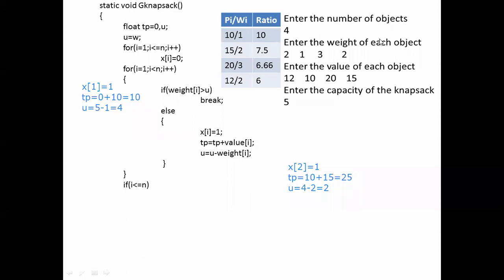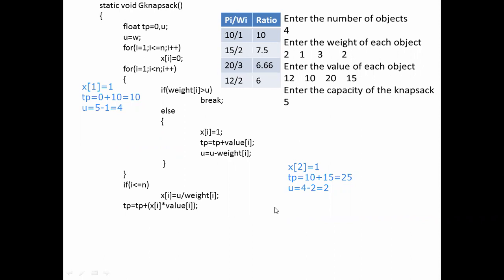And what is the value of I? I is equal to 3 and 3 is less than or equal to n. 3 is less than 4. Condition is true. So x of I is equal to u divided by weight of I. What is the value of u here?